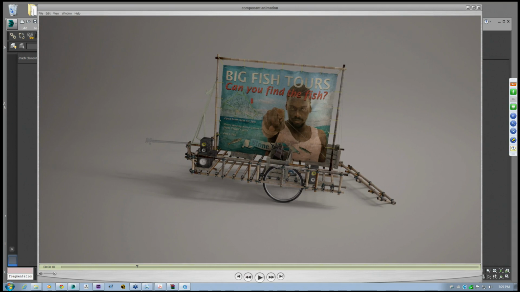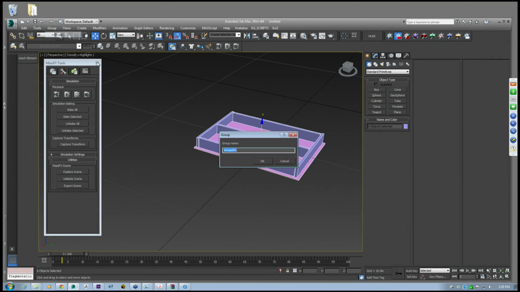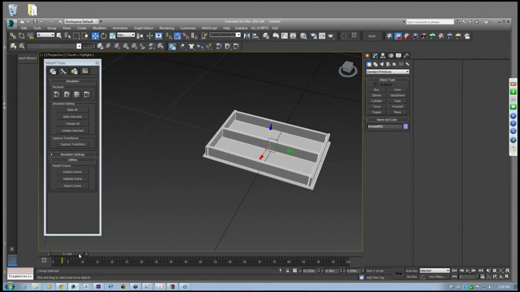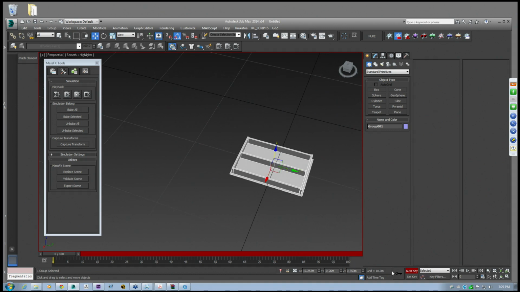What we then used Mass Effects for was initially animating these casings within that trailer, and then on a secondary level we animated the oranges and these kind of elements within those containers. So if we group this, and we kind of animate it manually as if it was our trailer rig,